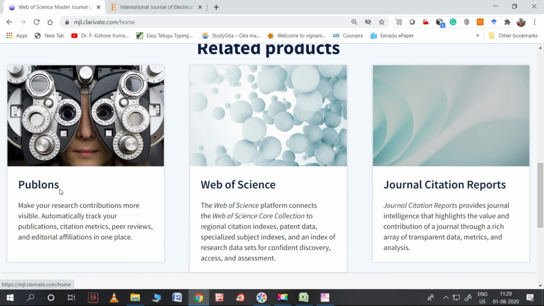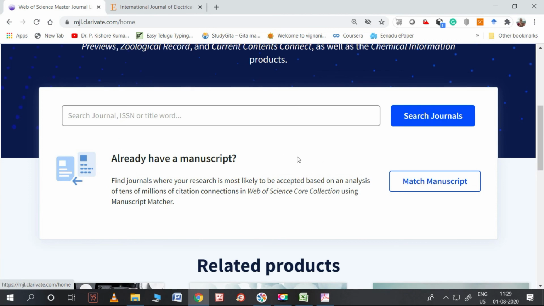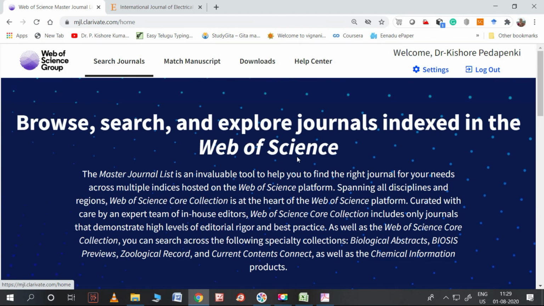So this Publons can also give an account, and this account will automatically take your publications and all those things, just like our Google Scholar. So I think it's a new one, so we can have an account with this also. Okay, so this is one more advantage with Clarivate Analytics or Web of Science. So in this way you can see some more different things from this Web of Science website. So with this I am concluding this Web of Science.